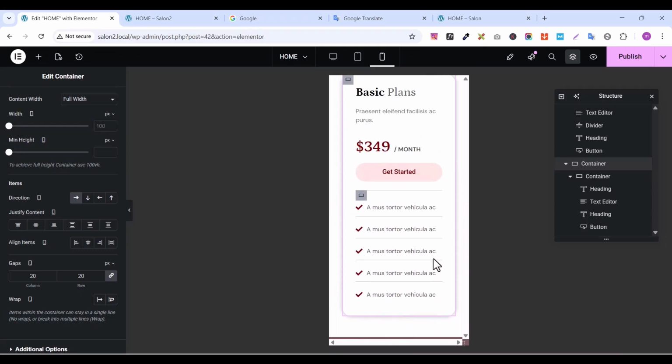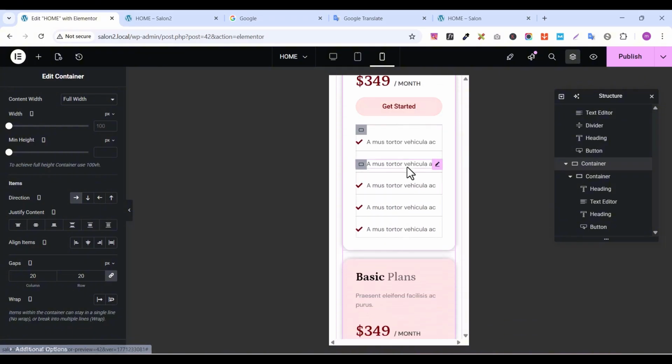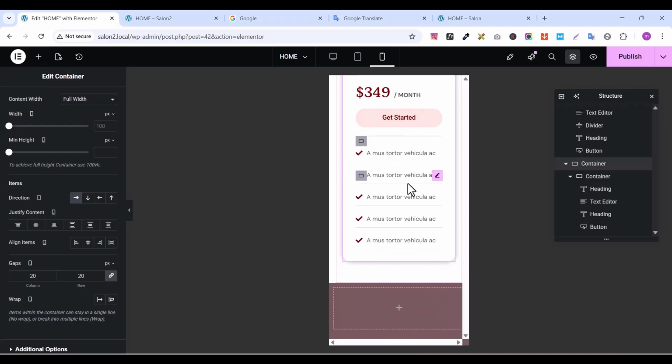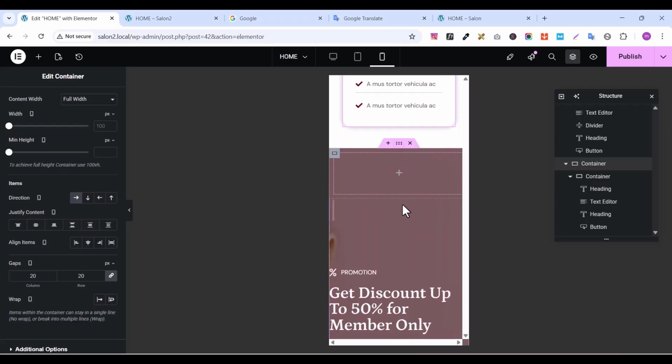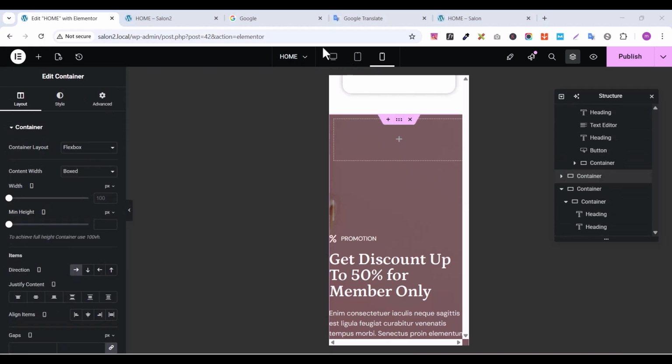Okay, so now I'm not going to do much because of time. So as you see, you can retouch it, you can reduce the sizes the way you want. So let's continue with this. Let's copy this. Let's select this one, and let's select this container from here. Okay, so after that,